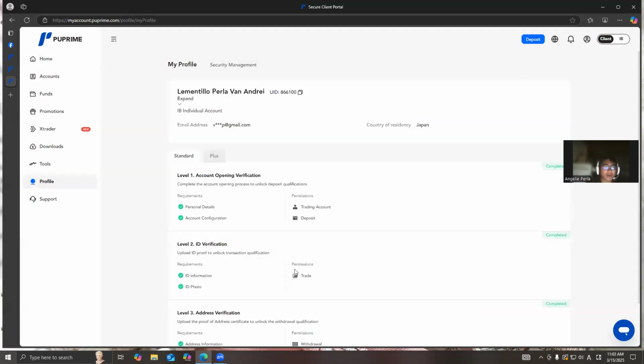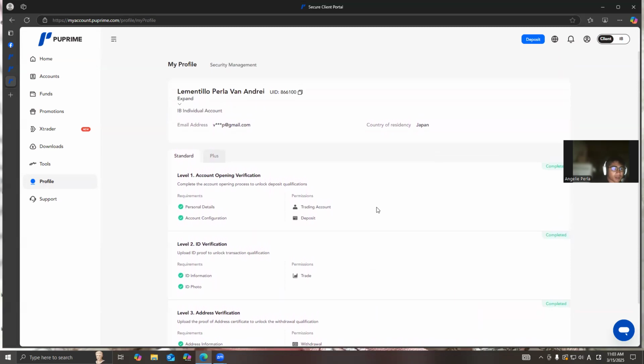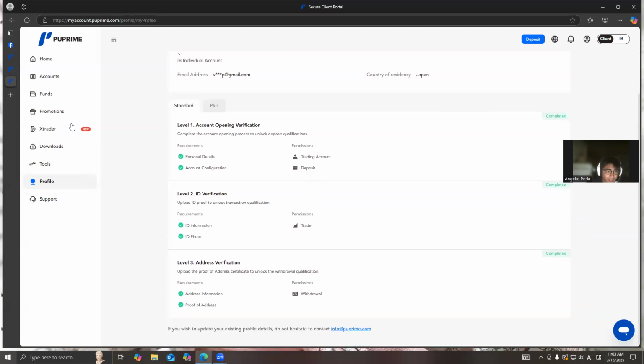You need to first verify your account so that there is no trouble in depositing or withdrawing your funds. As you can see here, we have personal details, account configurations, ID verification, and address verification.